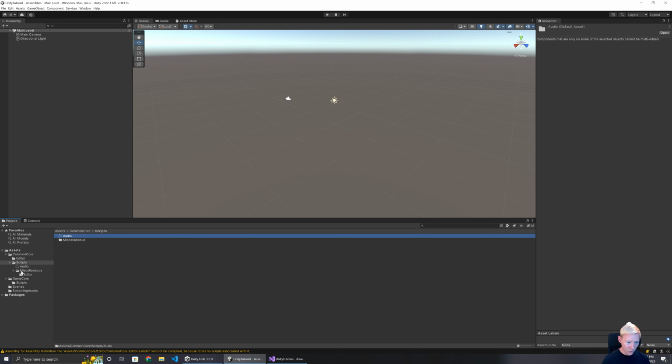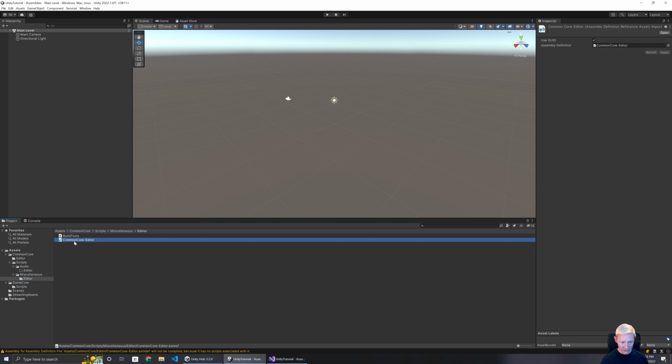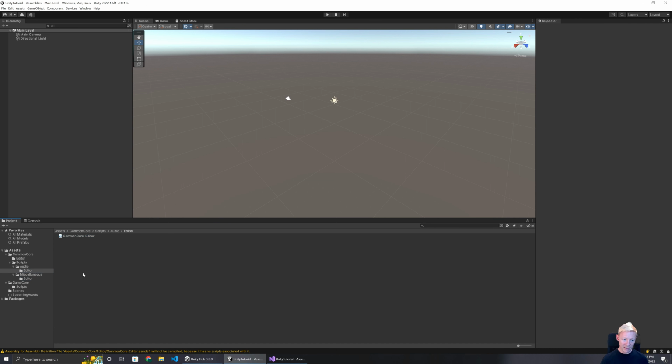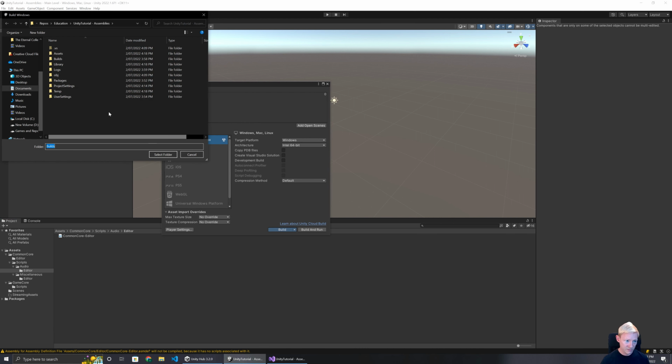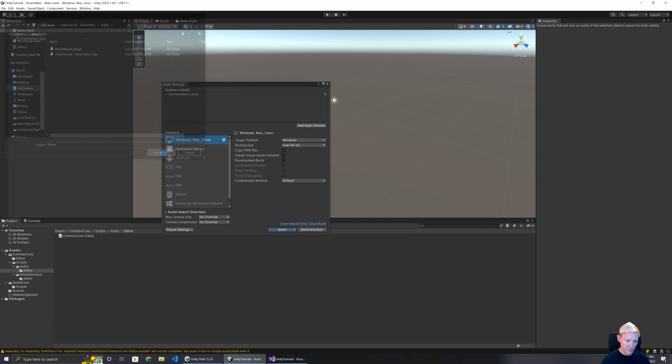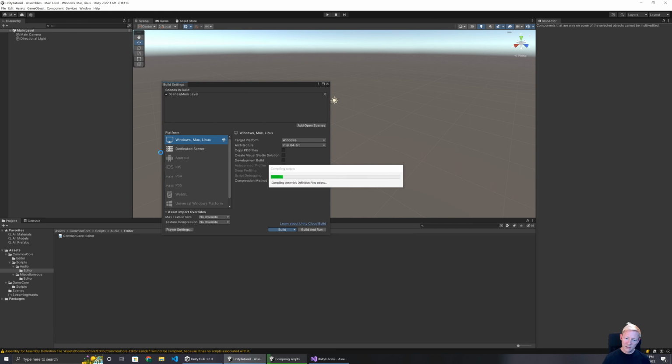So under that audio folder, I could also have an editor one. And say I needed to have that editor code pulled in, I would take this, copy it, and paste it in here. So any of the editor ones that need to go into that common core, I can work with them just like this. So now if I go to build settings and build, and select the particular folder, this time it